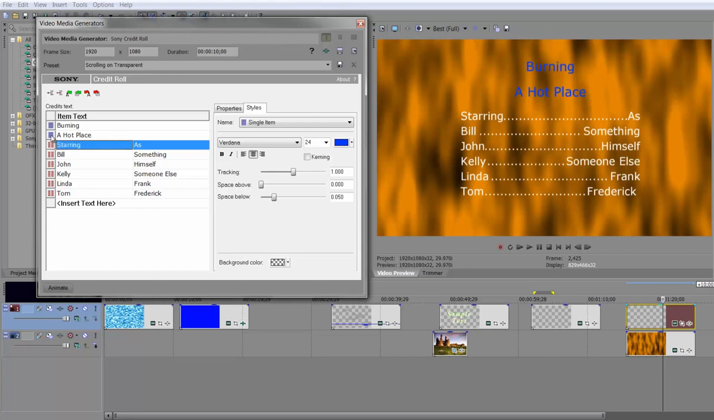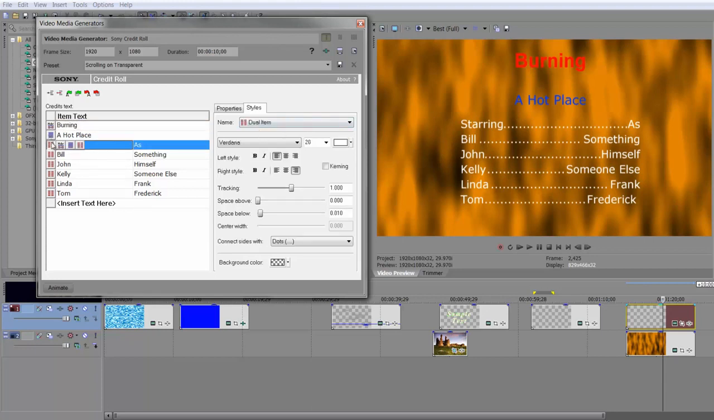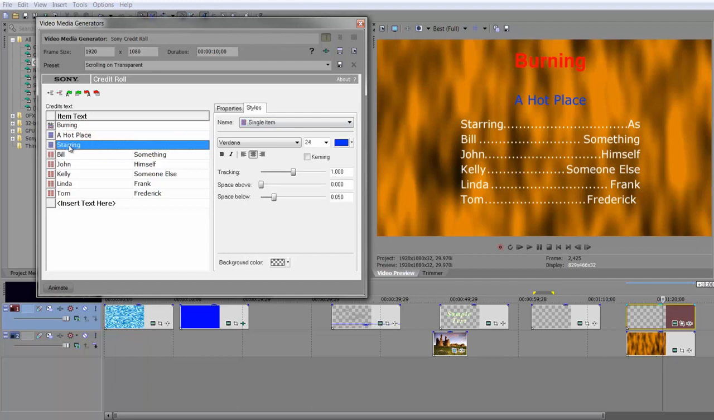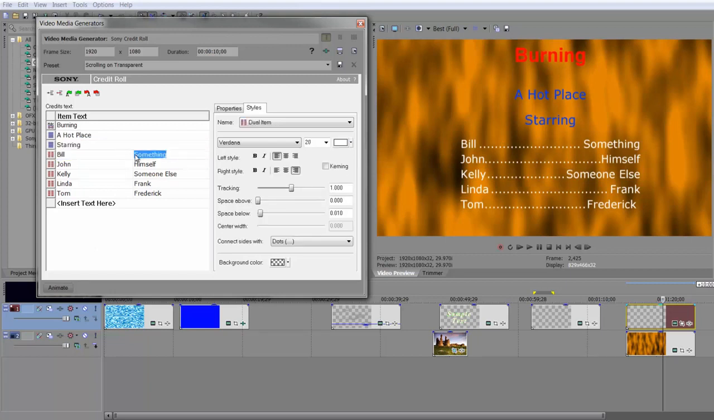Okay, so what I'm going to do is I'm going to take Burning and change Burning to a header. Okay, you can now see Burning is a header. Hot Place is the subtitle. I could also perhaps make those subtitles as well, but then I lose the "as". Okay, and then what I might want to do is go here and click in here and go "as",